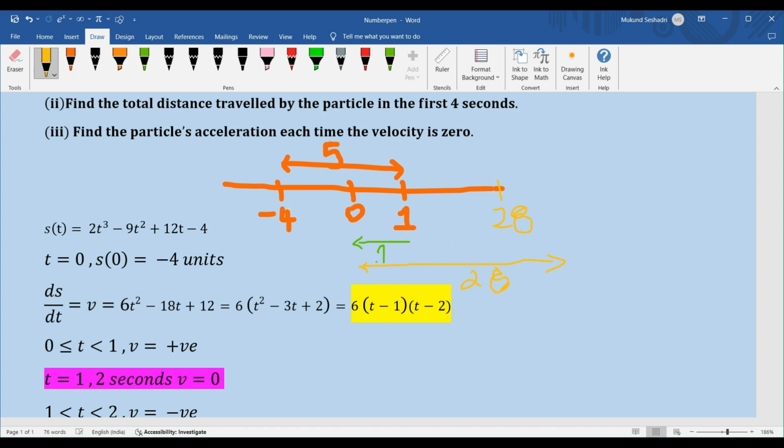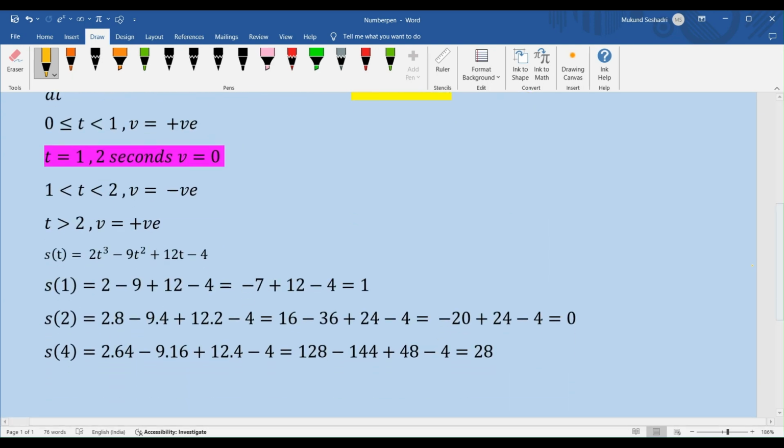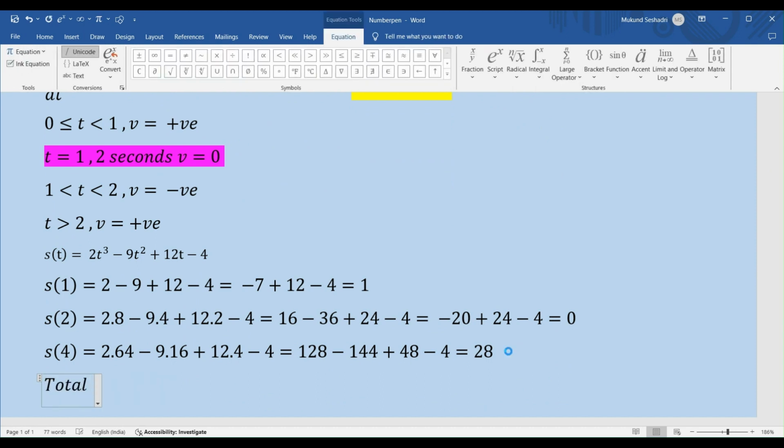So the particle started off from minus 4, traveled a distance of 5 units, and then changed direction, traveled a distance of 1 unit, comes back to the origin, and again changes direction, travels a distance of 28 units, right? So 5 plus 1 plus 28. That's your answer. So the total distance traveled is nothing but, let me write it down here. Total distance traveled is